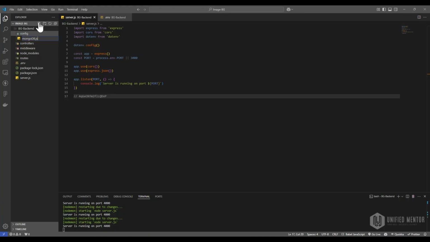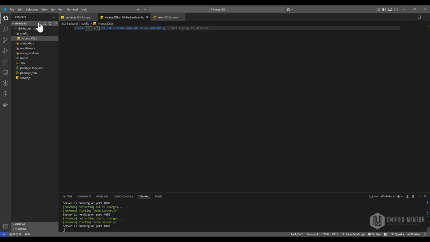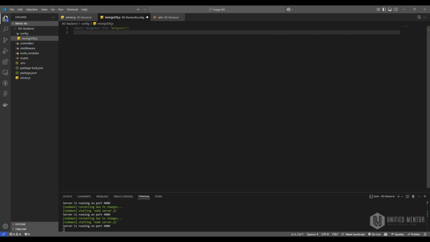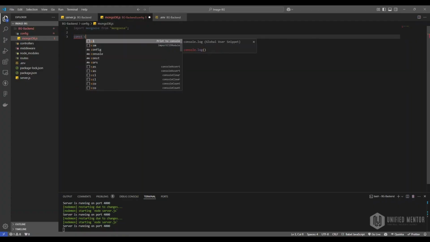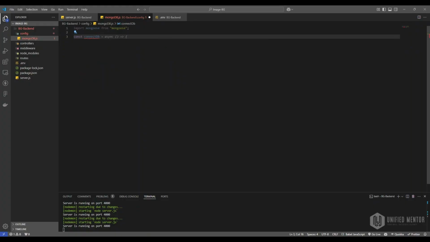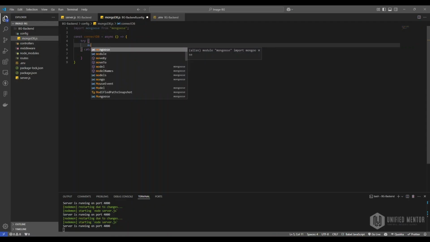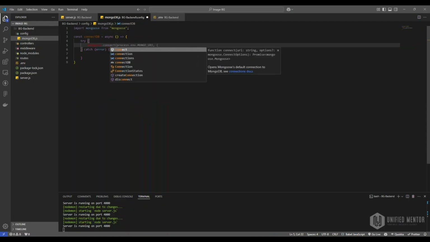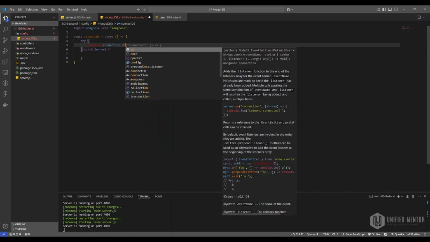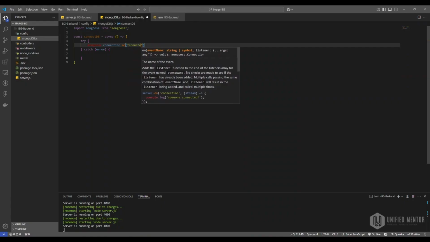MongoDB.js. We will create one JS file to connect our database, and here just import mongoose from the mongoose package, and create one constant called connectDB, which will be an async arrow function, and here we will use a try catch block. In the try block, mongoose.connection.on, when it is connected,